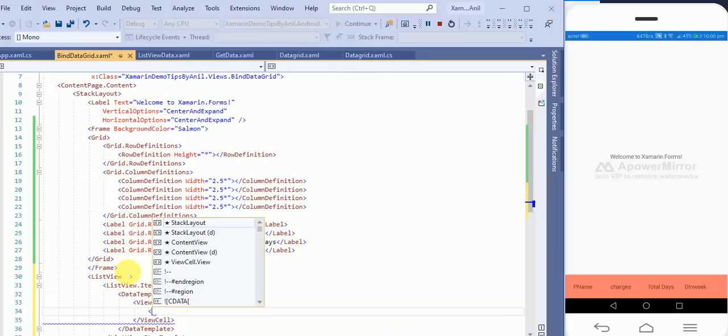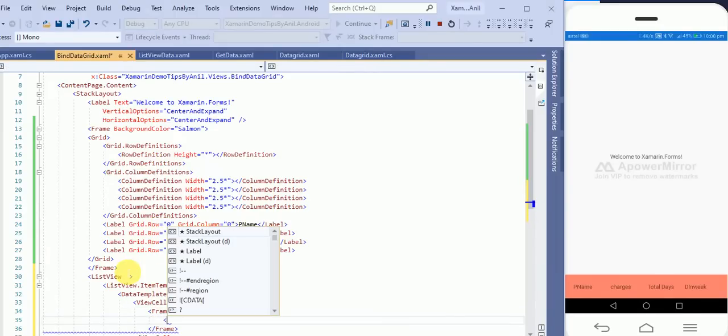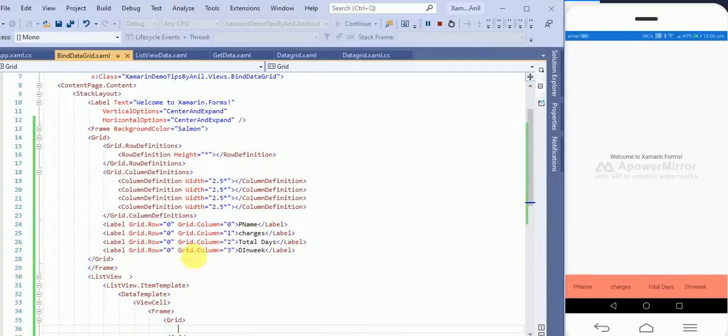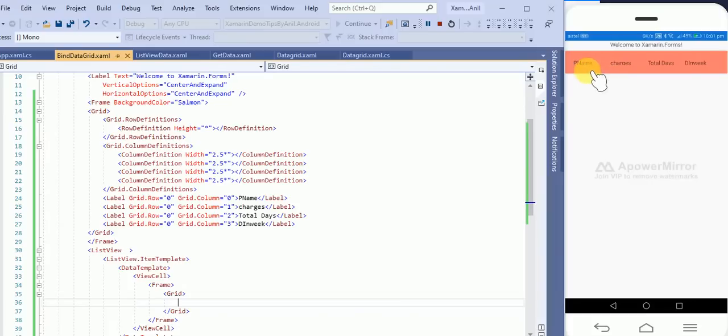Here I'll again take a frame, and inside the frame I will take a grid view.